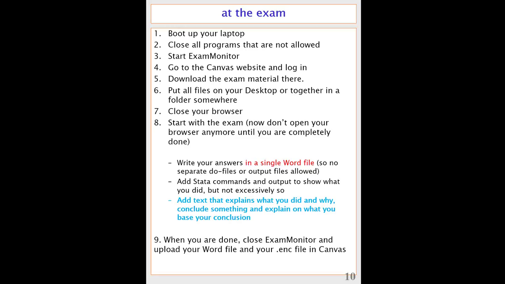So put yourselves in my position. I have to try to figure out if you understand what you're doing. If you just put a command in there, even though the right answer might be visible somewhere, then I do not know if you know this. So I have to be able to figure out if you understood what you did.